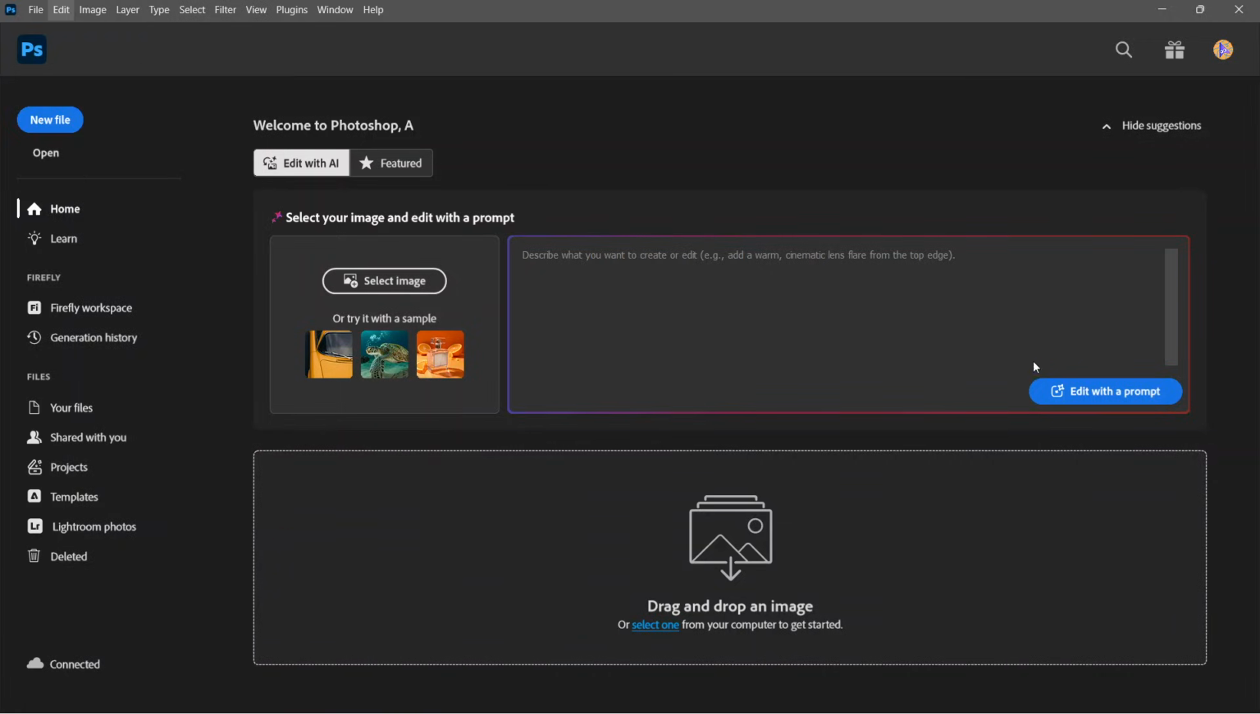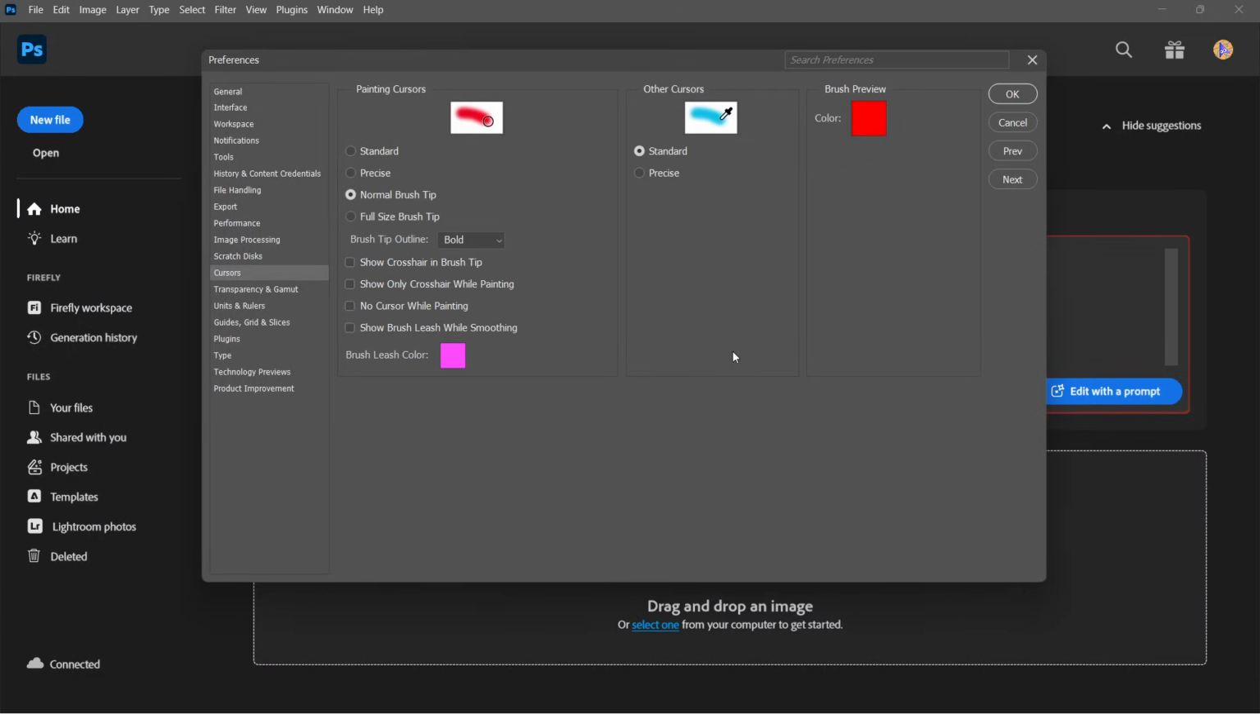Inside this pop-up, you'll see a section labeled Painting Cursors. This controls how your brush appears on the screen while you're working. Under Painting Cursors, select either Normal Brush Tip or Full-Size Brush Tip. Normal brush tip shows you the basic size of your brush, which is usually enough for most painting and retouching